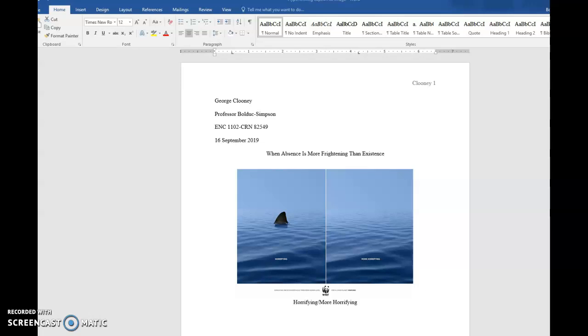I'm going to give a quick tutorial on having a caption that is hyperlinked to the image, and here's the image here. This is your heading with your information, and this is the header with the page number, and this is your title. So after you type in your caption, and I'm going to call this horrifying, more horrifying, you do a copy, and then what you want to